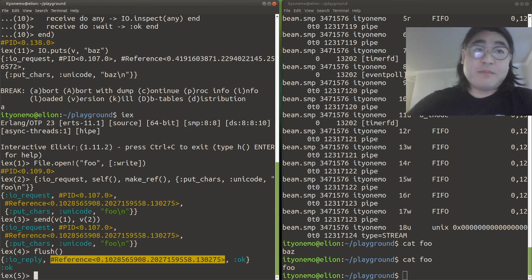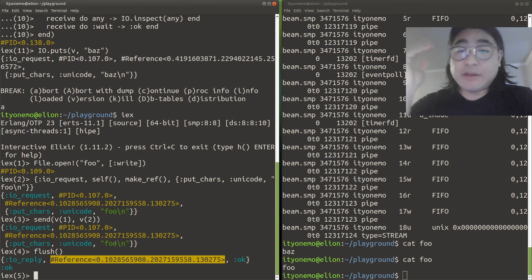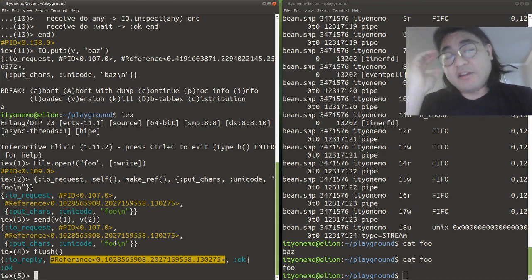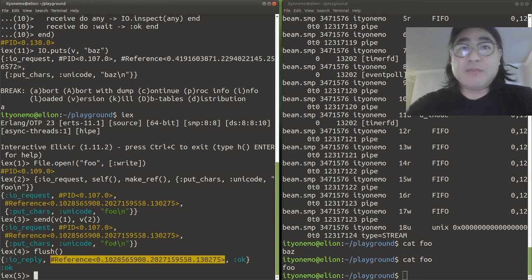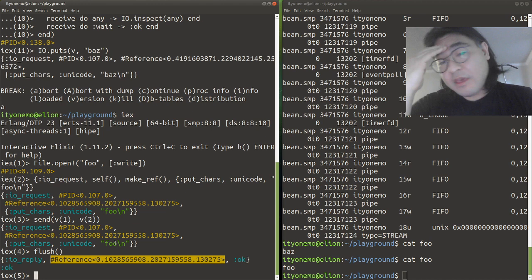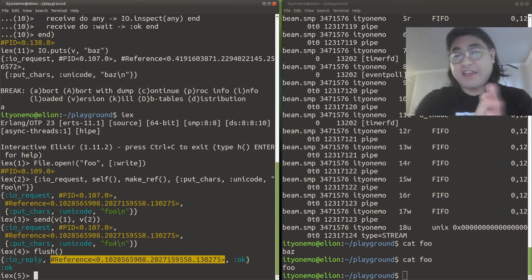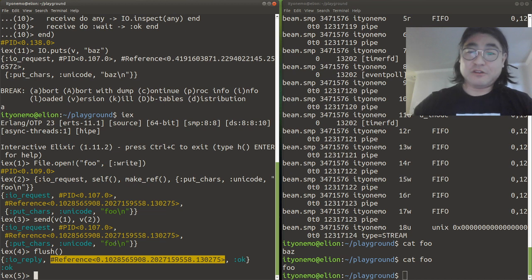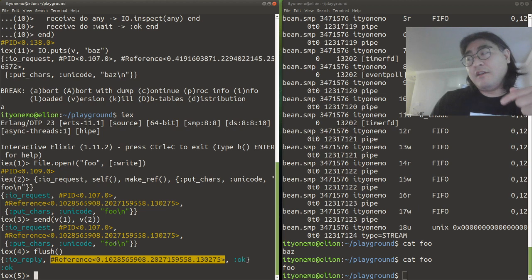And the other nice thing is that because each of these is sent as a message, you know that whenever you do an io.puts command, that content is atomic. So the Beam treats writing to the console in exactly the same way it does writing a file. And so if you are in a situation where you have a paragraph's worth of information in some sort of log to tell you that an error has happened, or maybe you're keeping track of some data type that is several lines long, you don't want to be in a situation where concurrent processes that are trying to send information to the console